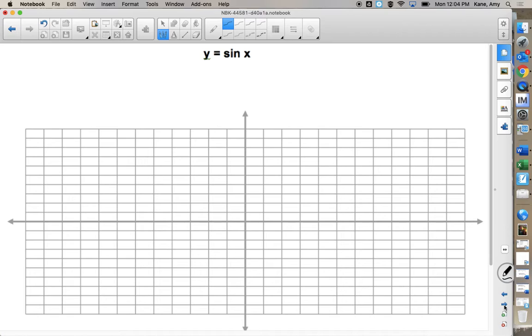So the first thing that we're going to do is label the graph. If you look at your graph paper and the chart, all of those 16 angles that are in your chart represent our x-axis. So the x-axis is now our angle values. So no longer is it x, but it represents all of the angles. So we're going to take that huge list that's going down vertically, and we're going to expand them and write them horizontally. So we have angle 0, and then I'm going to go over 3 spaces and label that with